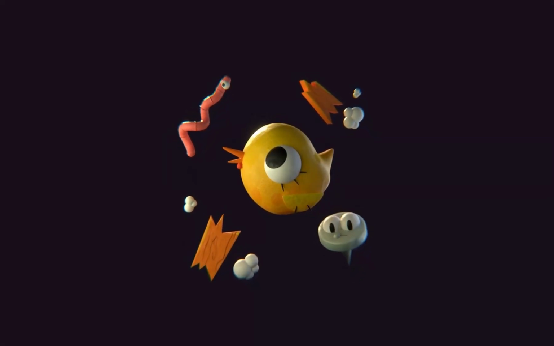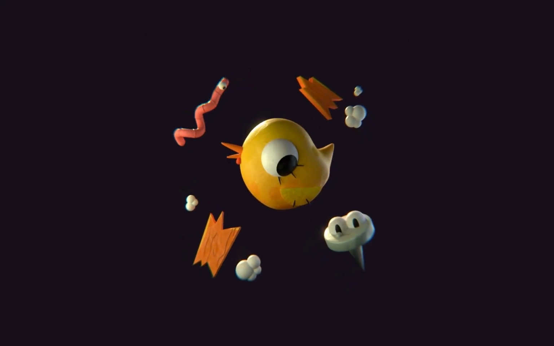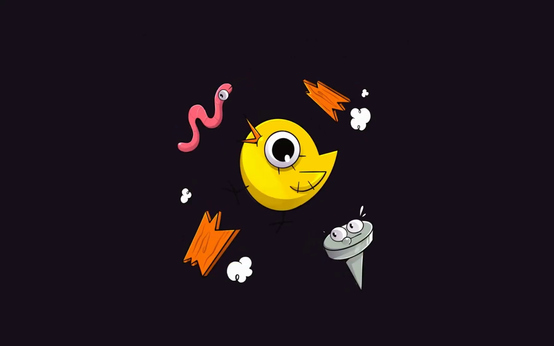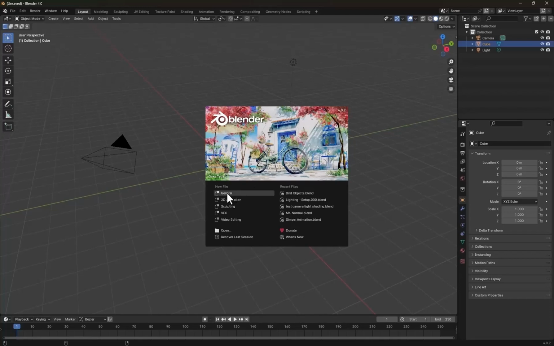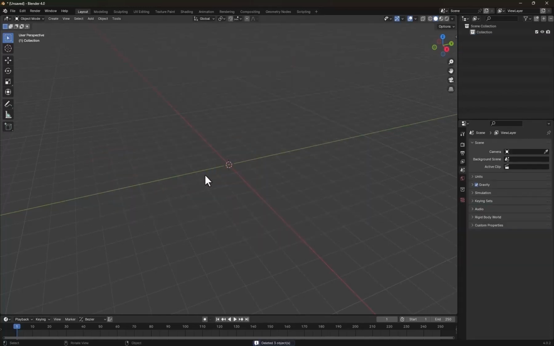Hello and welcome to the lesson where I'll create such a scene using this reference. Let's get started. Here in Blender I'm going to use General, delete all of this, go to the front view